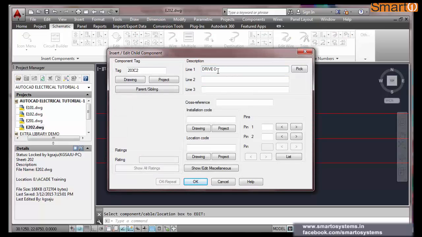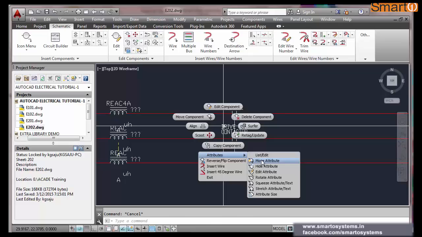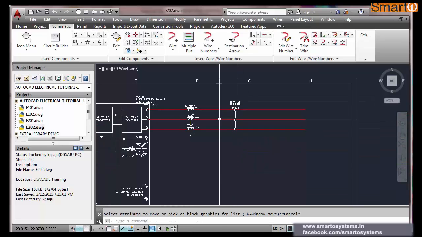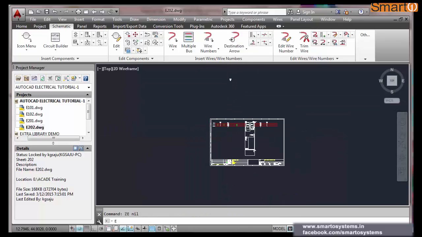Drive output contactor. Okay. Component attributes, move attributes. Let us move a little bit up here. So this is through. What is this?